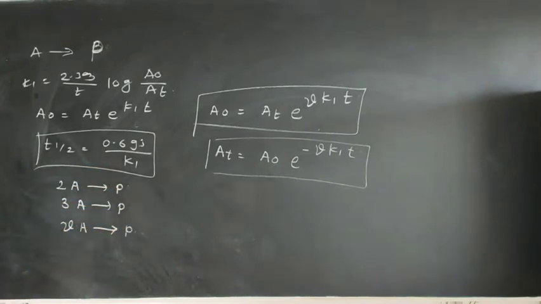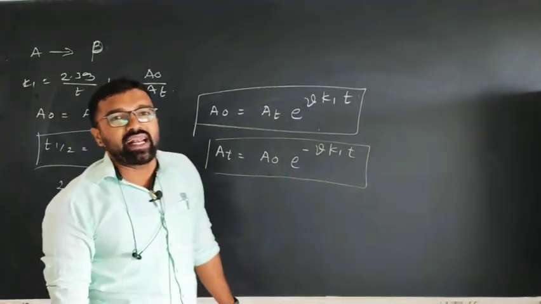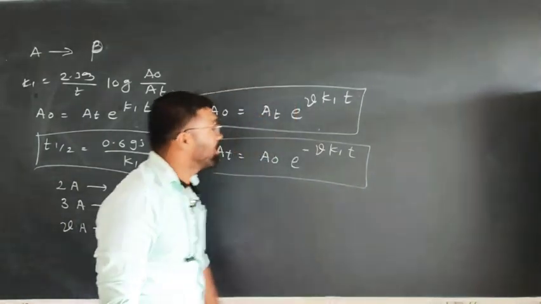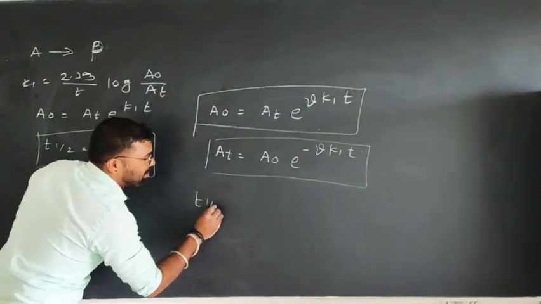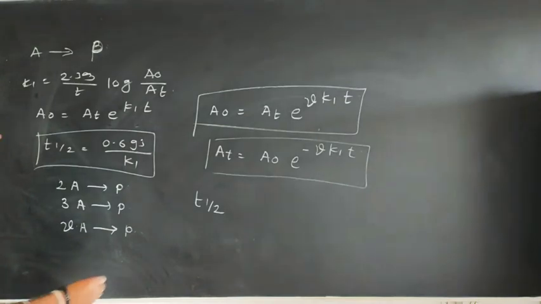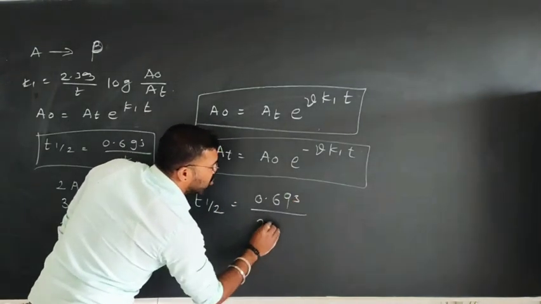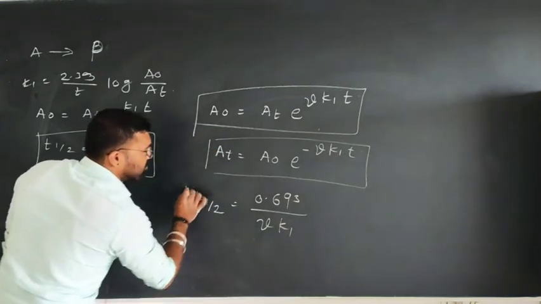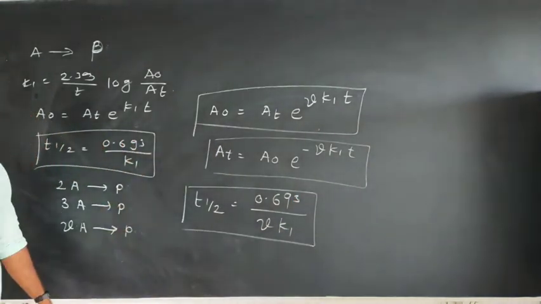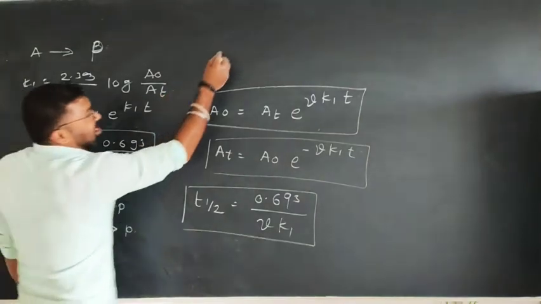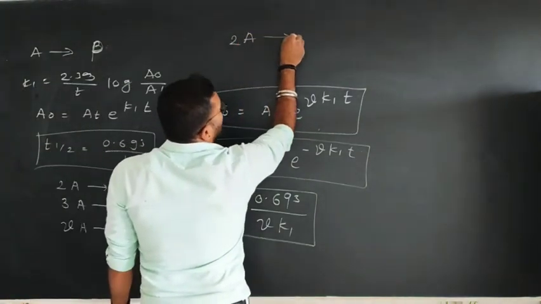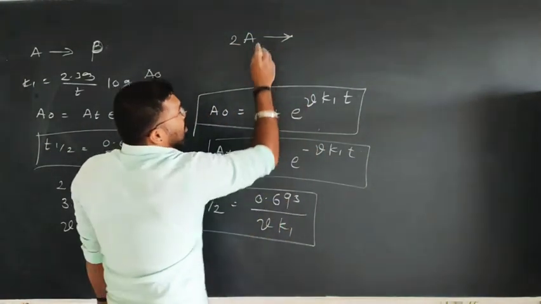Suppose any reaction has stoichiometry other than 1, then the expression for the half life period changes to T half is equal to 0.693 upon stoichiometry into K1, right? Okay, if you are given such a reaction in the examination for a first order reaction,